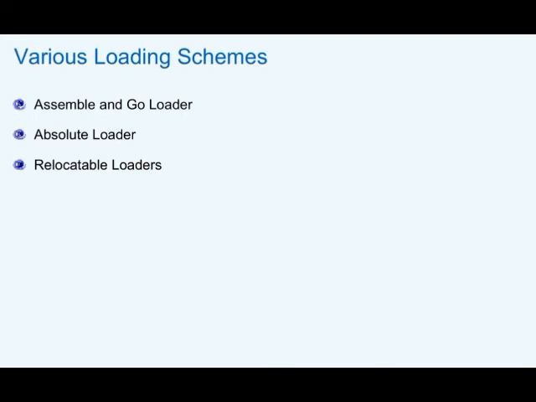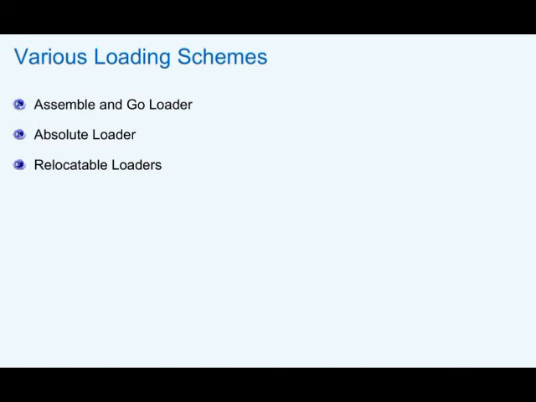So in place of that, we have another loader called the relocatable loader, which will relocate the code based on the availability of the memory. Mostly this third kind of loader is used for loading the user program itself in the memory, because after this session we will be talking about the various memory management schemes, that is, how multiple programs are going to be loaded. In this case, the relocatable loader is very, very useful.